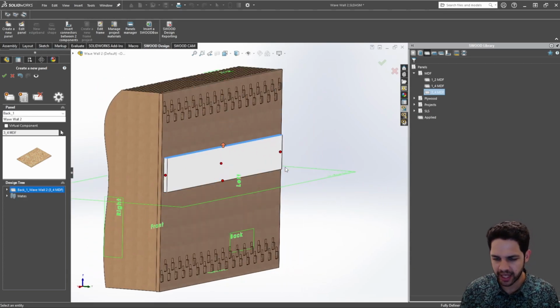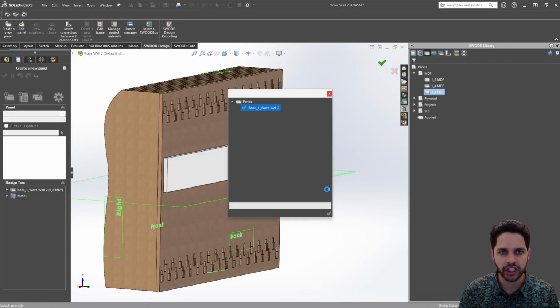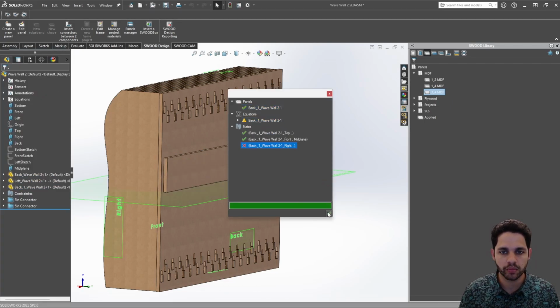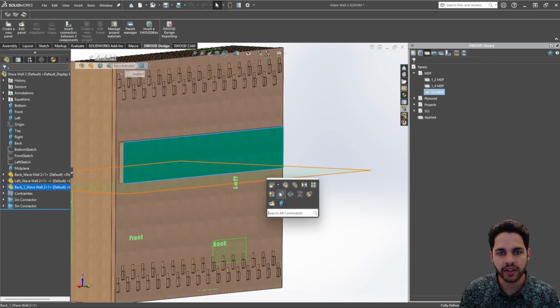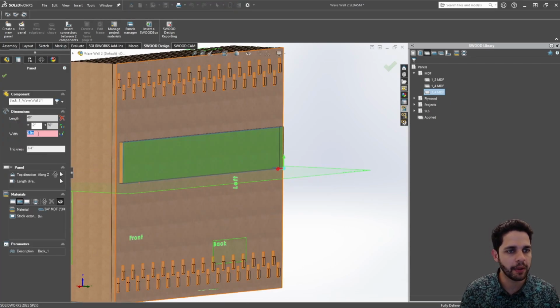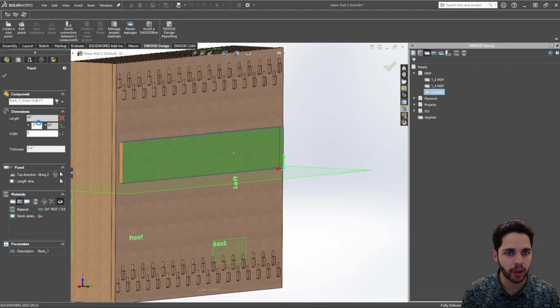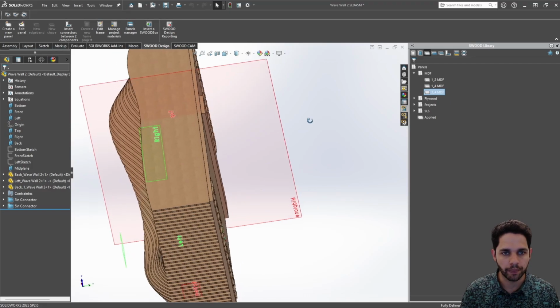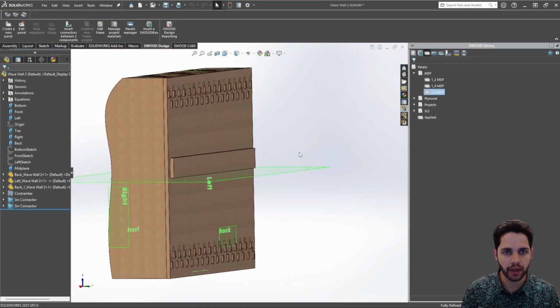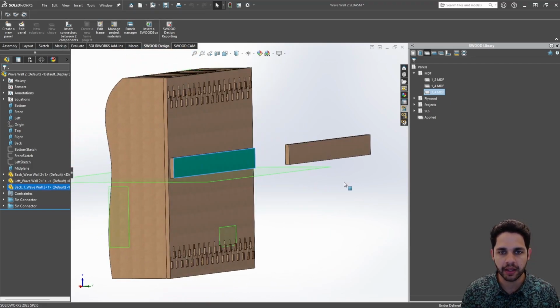I'm going to edit this with the edit panel feature, so we'll go ahead and select check. Cool. This is still fully defined. For this edit panel, I'm going to make this 4 inches wide as opposed to 6.9. So cool, that's there. Now what I want to do is create a copy of this, and